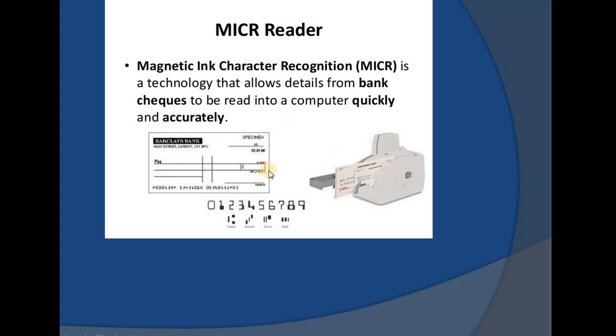Assume that an employee needs to read all these checks and collect all this information. It takes a lot of time, and human beings may make mistakes. To avoid that, when we use the MICR, it can read almost thousands of checks in one hour. So almost all the banking transactions that happen on a daily basis can be improved, and the task will be done in very little time.